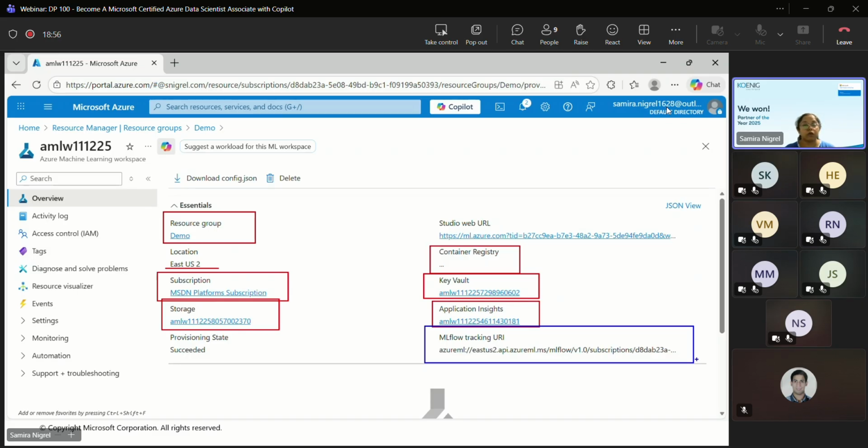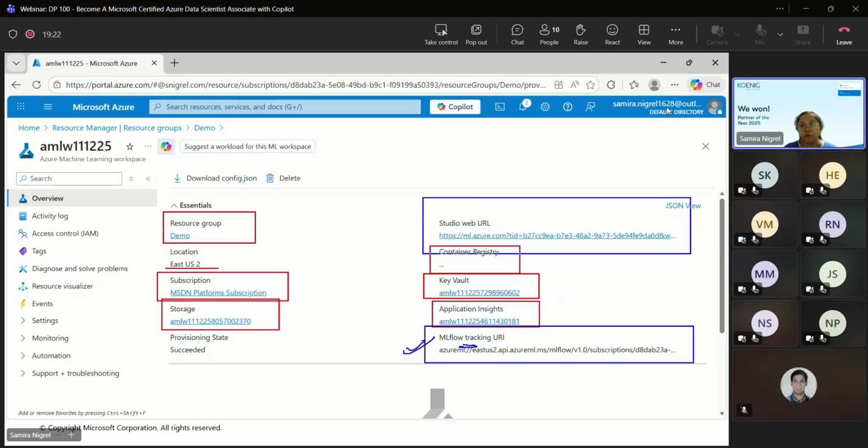MLflow is an open source library or platform which will help you track your complete machine learning pipeline from data ingestion till evaluation and deployment. Post that, monitoring can also be done via MLflow. All that tracking information is available here.